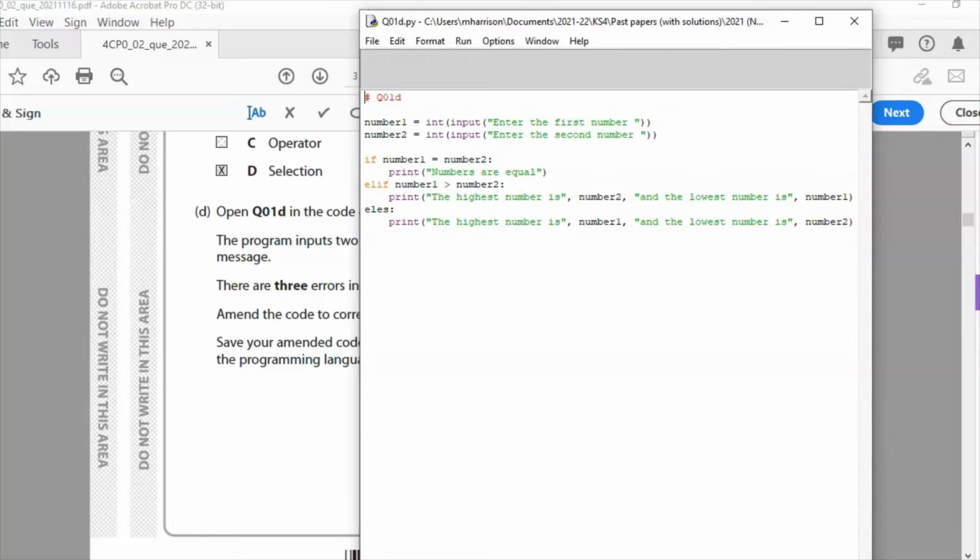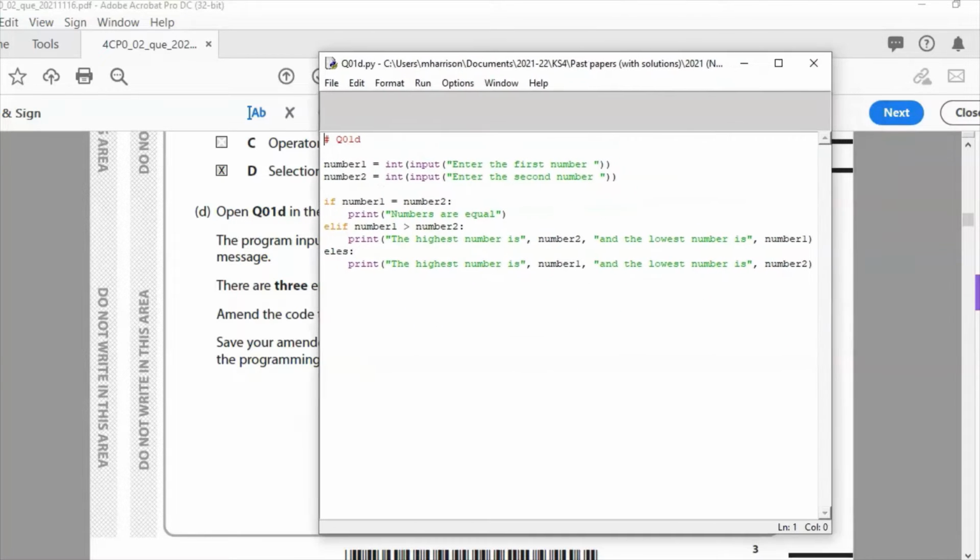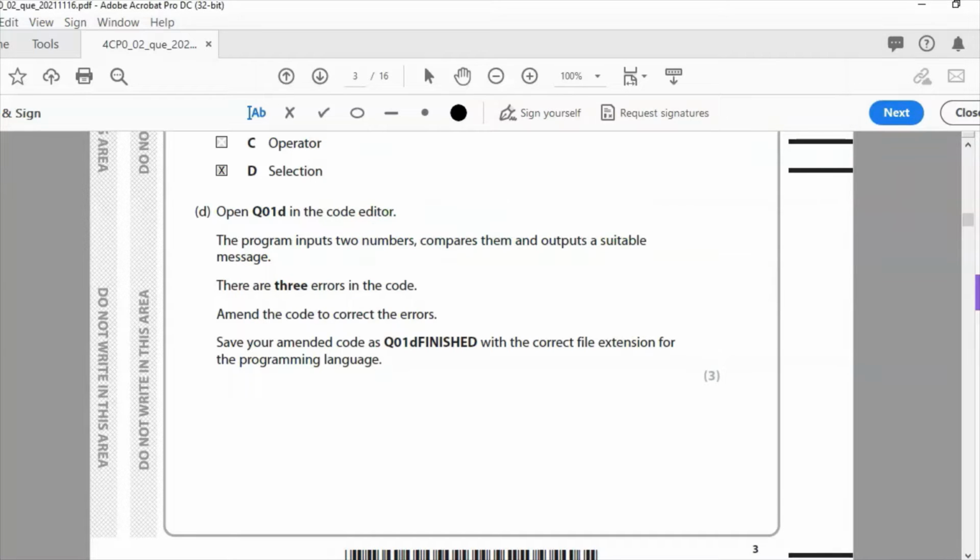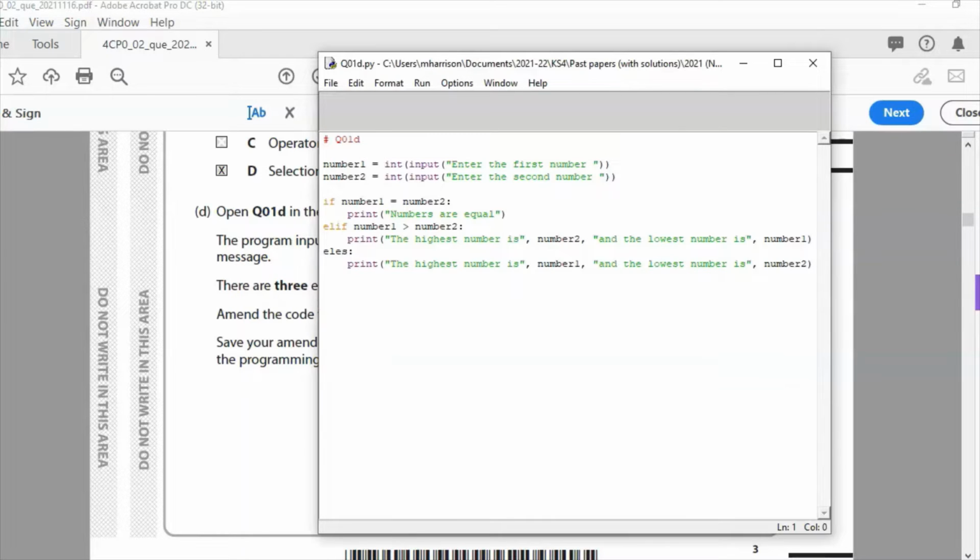So first thing to do when you get a question like this is to immediately save it. So we'll save it as Q01D finished, and make sure you save it in a suitable folder, because at the end of the exam, what the examiner is going to do is take all of those folders, and that will be what will be sent off to the exam board. So you must make sure that they're all in the correct place and they're all named appropriately, which is Q01D